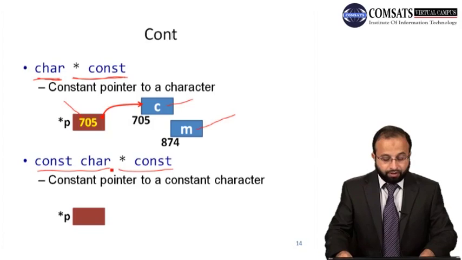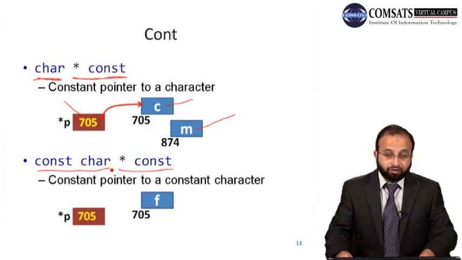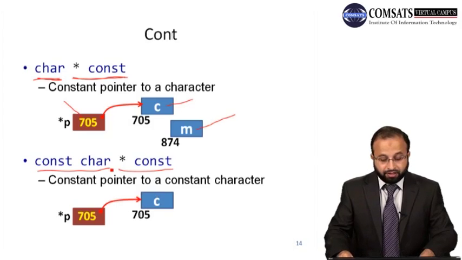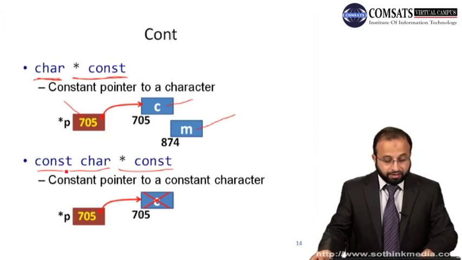So if this is a pointer P, it is pointing to a memory location where we have a value f, and if we assign the address of that memory location, that is 705, to a pointer, now this pointer points to this memory location, and if we want to change the character f at that memory location to character c, then it is not allowable,